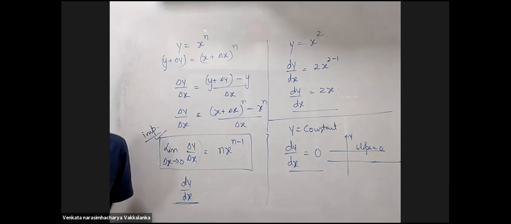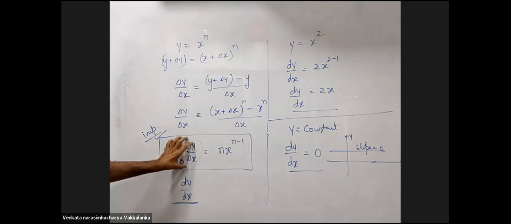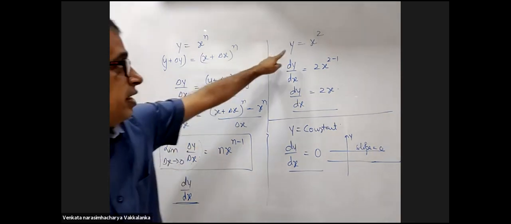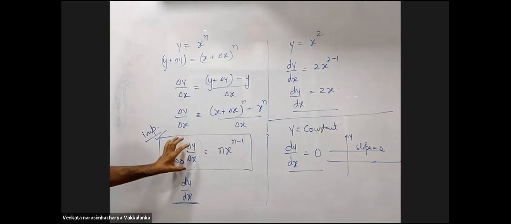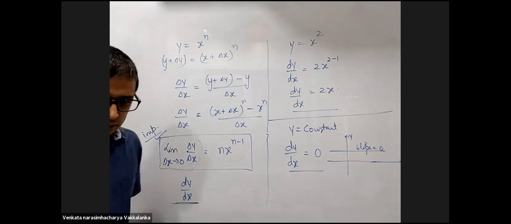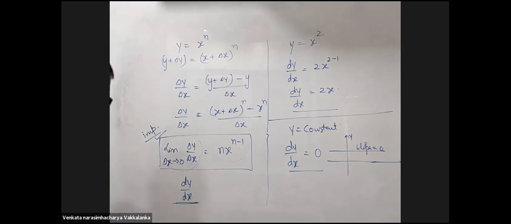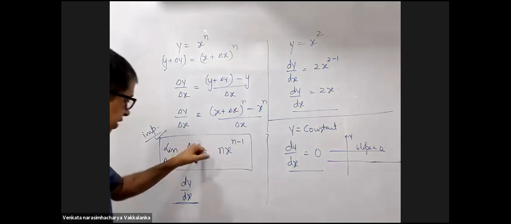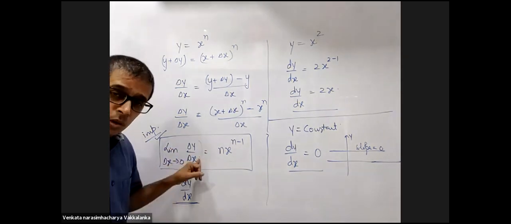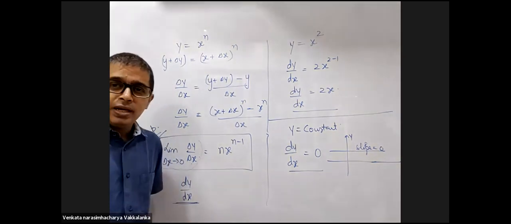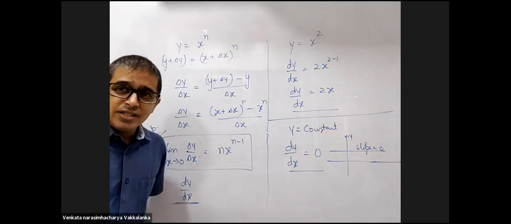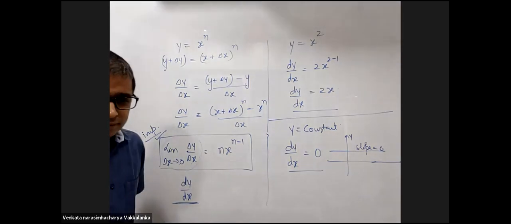Sir, we can write dy by dx only after writing limit delta x tending to 0, right? Hereafter we will not write this. Directly we'll write dy by dx. Y is x square, dy by dx. We'll skip this part and directly go for this. Sir, is there a difference if we don't do that? Why do you want to do additional labor? We are not asking you to write this. If you want to write this, then write this as equal to dy by dx. You're welcome. But it's not a subjective paper, right? Yes, sir. I got it.